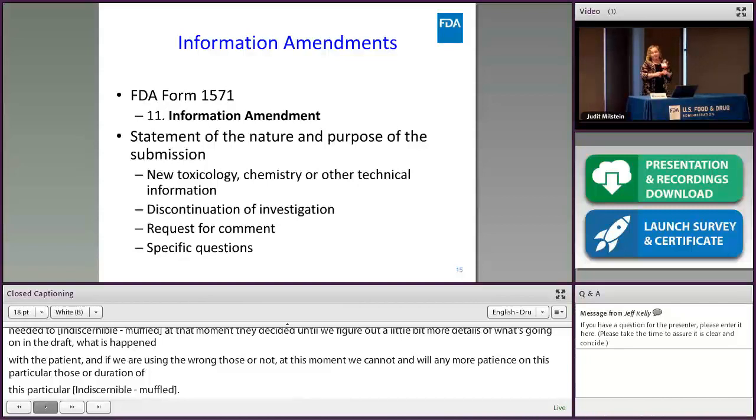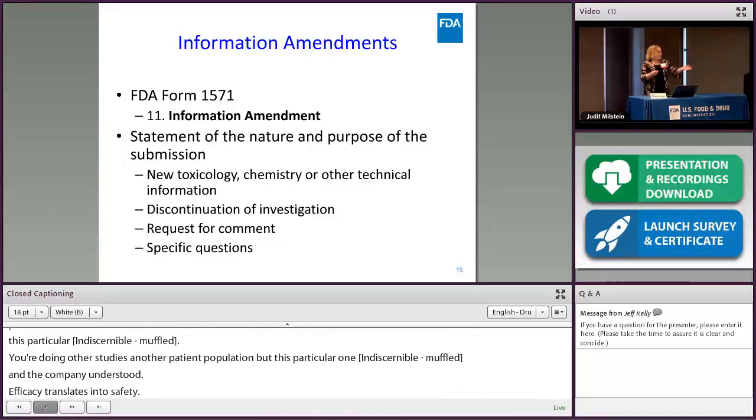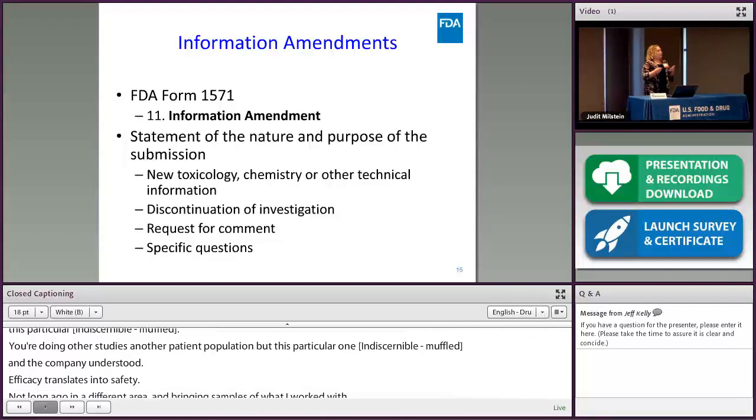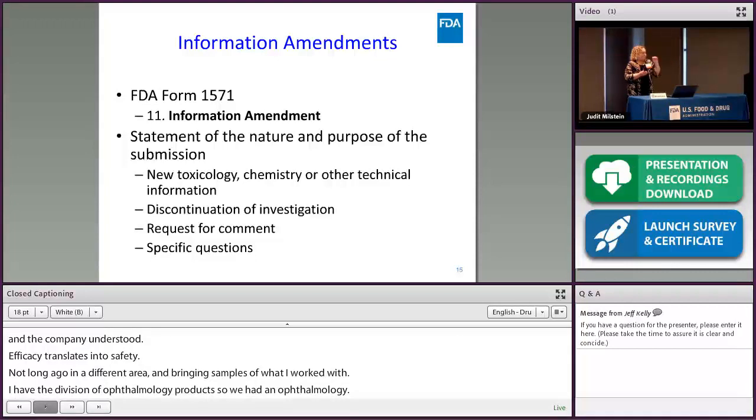Not too long ago, in a different area, I'm bringing samples of what I work with. I have the division of transplant and ophthalmology products, so we had an ophthalmology case. I get a call from a regulatory contact at a very famous institution that does oncology, ophthalmic, and pediatric research. You can gather who it is; I'm not going to name it, but very good. And the regulatory contact says, listen,